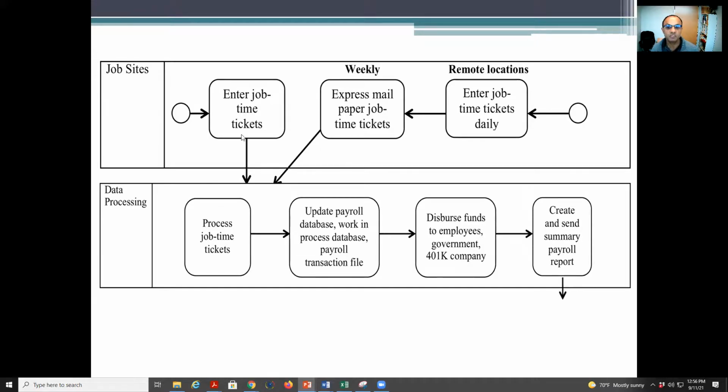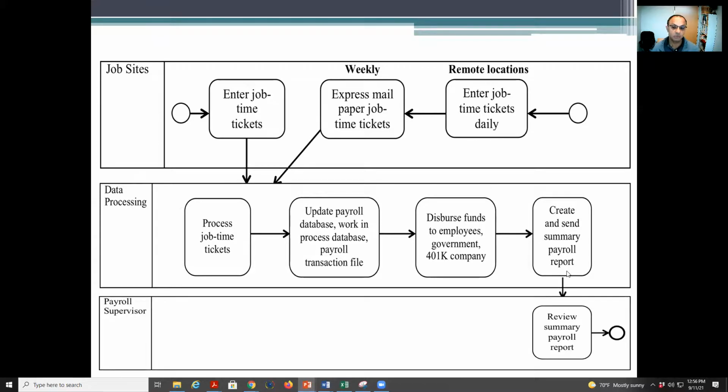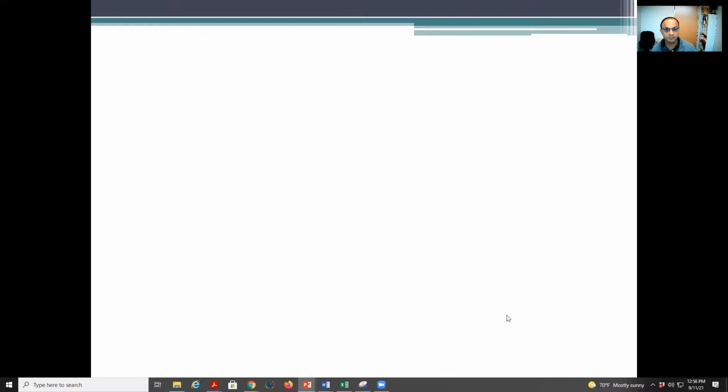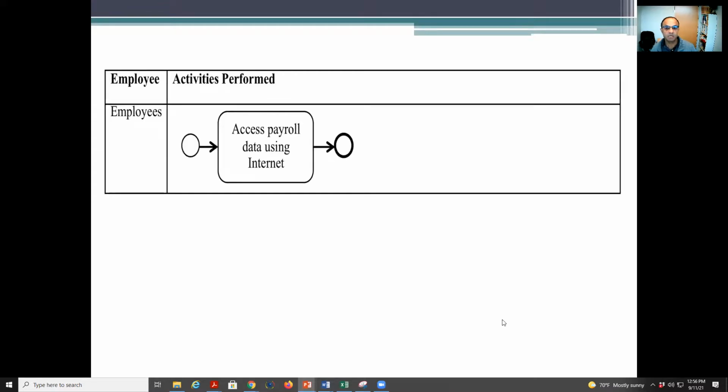And the head office, whether they receive the time tickets on sheets or online, they start processing the job time ticket, update the payroll, disperse the fund, and then create and send summary payroll report. Then it goes to the payroll department where they review the payroll summary report. And then it goes to the employee where we make the payment, and this will show the end of the